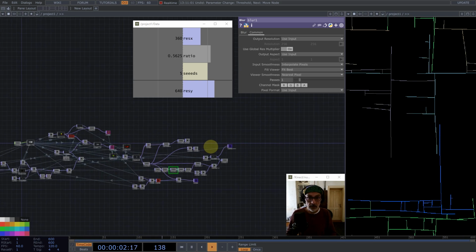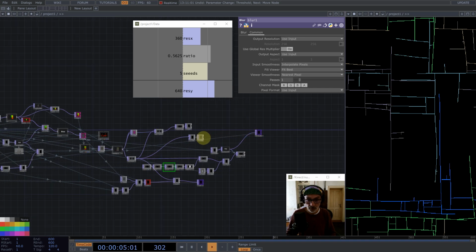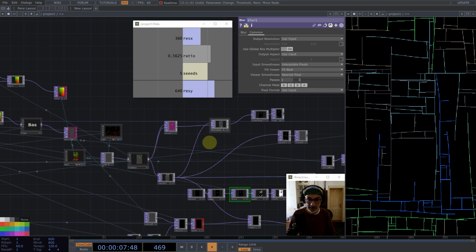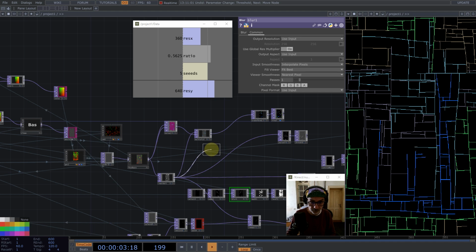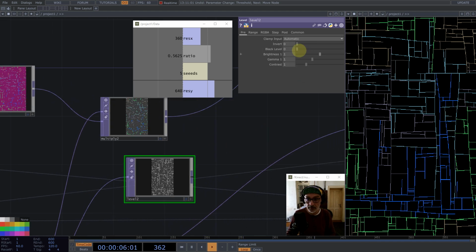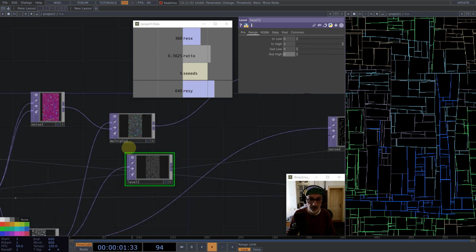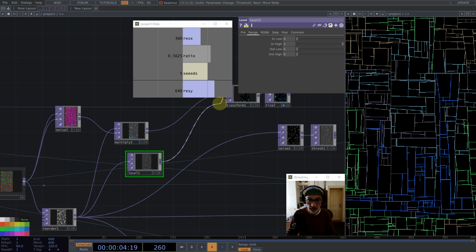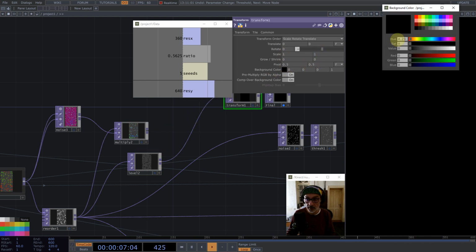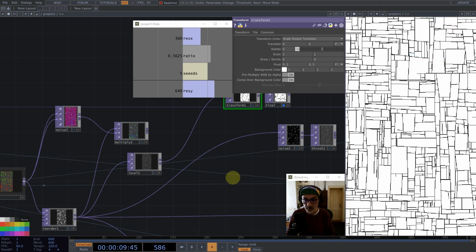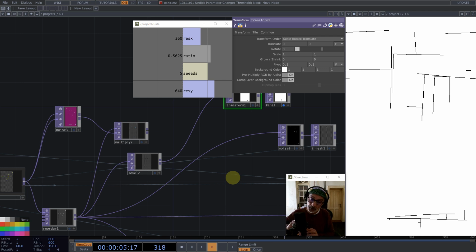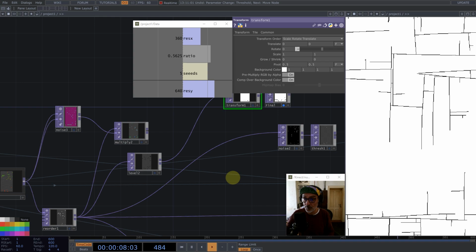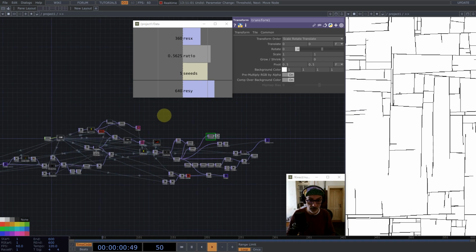Okay, now what else do we do? Let's instead go with the black lines. Okay, so I will have a level here, and in the level I go range out high to 0. Okay, now in this transform, I need to set the white background like this. And my idea, and also the idea of the algorithm, is to draw some nice shadings along the lines. How do we do this? So